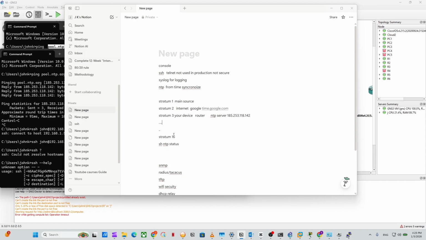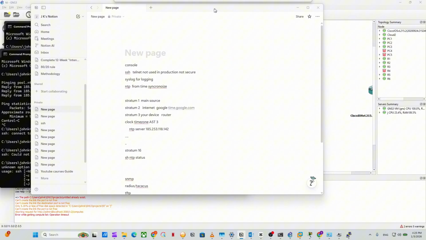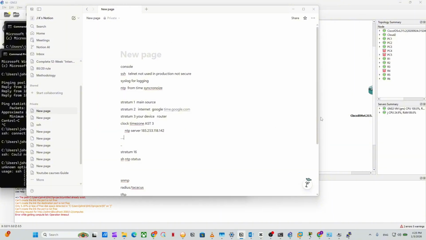So once this is done, it will be stratum, and we have to also remember to set the time zone, like this one, clock time zone, AST for example 3. Okay, these two are important commands, and there are more. You can authenticate and stuff, but these are the key things that we need to know right now. Okay, about